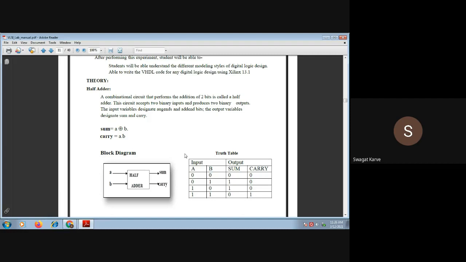Architecture plays a very important role for writing any VHDL code. We have studied the three types of architectures: behavioral, data flow, and structural. Depending upon the design and the application, you can use any appropriate architecture.